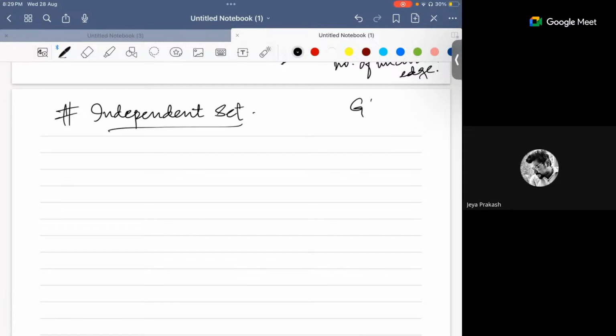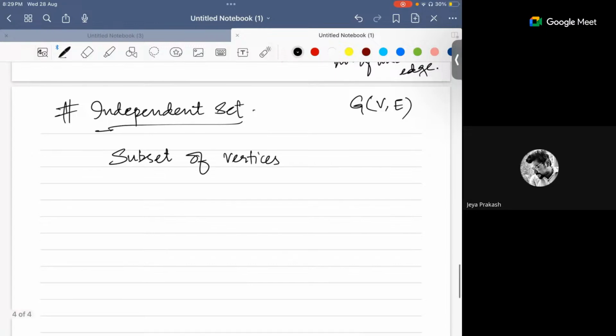So you have been given a graph with V vertices, all the combination of vertices, and E with all the combination of the edges. Okay, so independent set here is also a subset of vertices. So you have the combination of all the vertices in your V as a set. You can just think of V as a set where all the vertices V1 to Vn are there. You just have to take out the combination of those vertices, such that